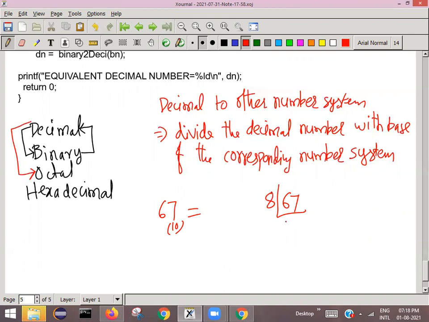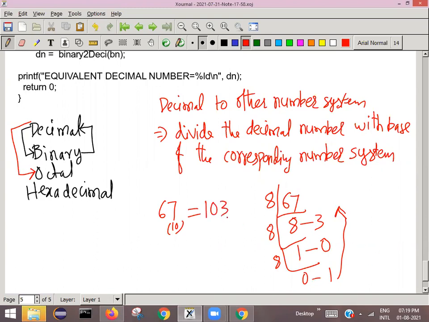Base of octal is 8. 8 eights are 64, then remainder is 3. Then 8 ones are 8, then remainder is 0. Then finally 8 zeros are 0, then remainder is 1. Write the remainders from bottom to top in this way. So what is the number you will get? 103 base 8.